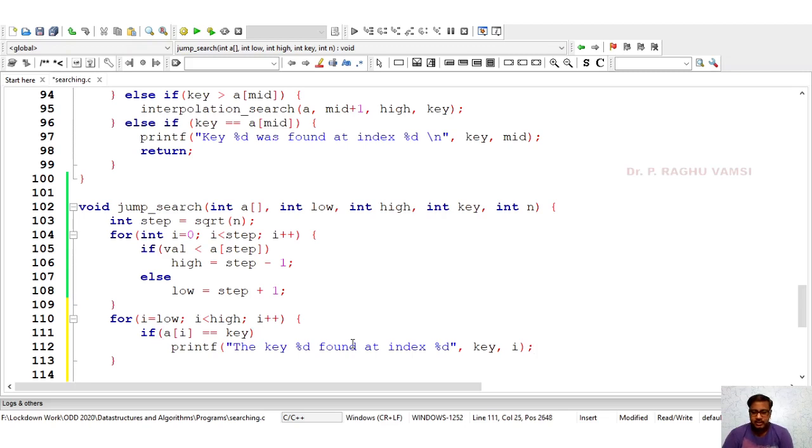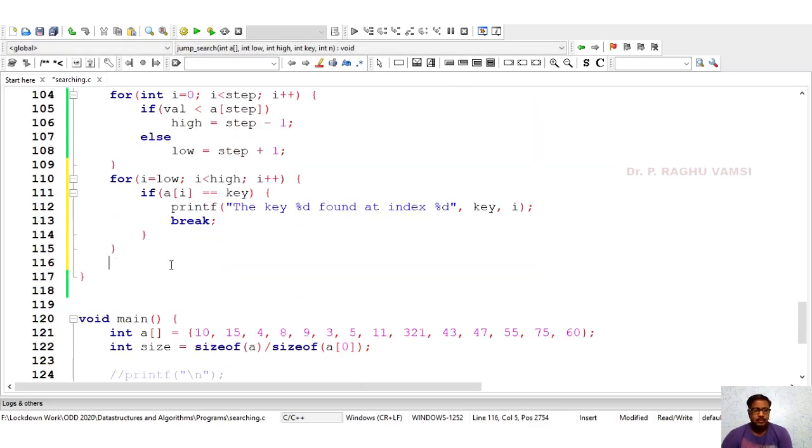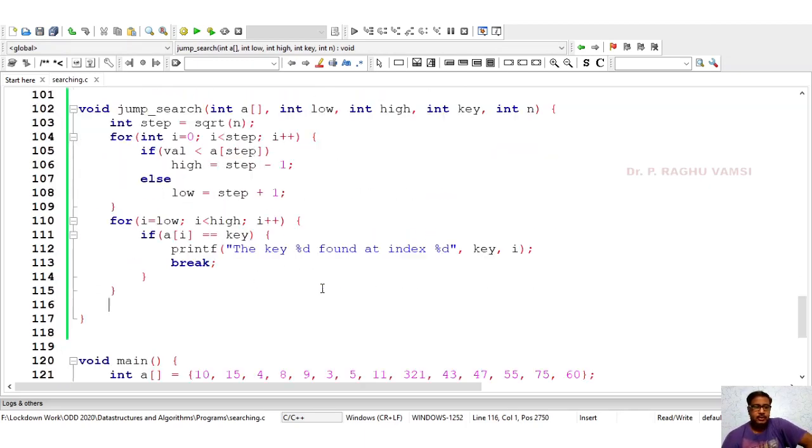Then once it is found, what we can do is break. Okay. So this is the jump search.